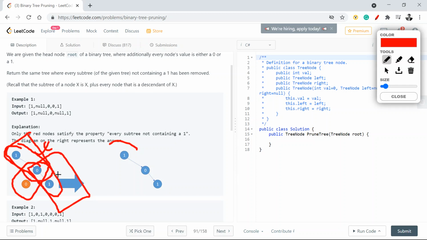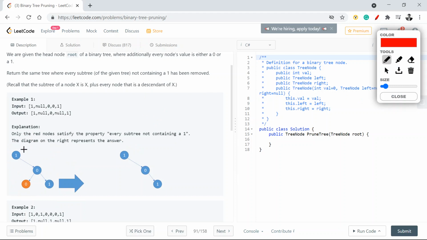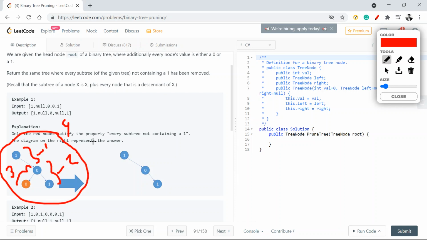Now, if I look at these combinations, say 1 comma 0, 0 comma 1, let me give numbers to it. Say this is 1, this is 2, this is 3, and overall this tree is 4. Now if you look at these subtrees, 1 0 0, 1 0 0 and 1 0 1, this subtree is the only one which does not have any one.